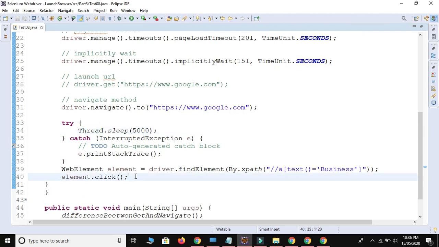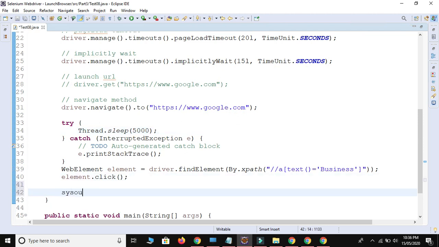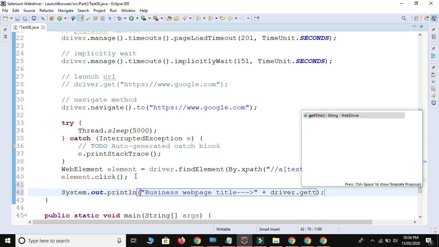Okay, let me print the title of business, System.out.println, and we print some business web page title is equal to, driver dot get title method is there.